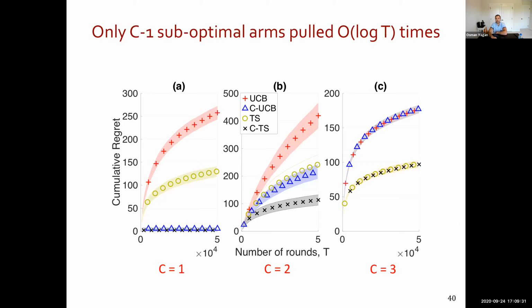So the results, again, simulation results demonstrate this. Like when C is 1, number of competitive arms is 1, we can show bounded regret. And if the number of competitive arms is 2, rather than the number of arms K being 3, we still get an improvement. So CUCB and CTS, the triangle here and the cross here, are our algorithms, and they are trying to mimic or translate.